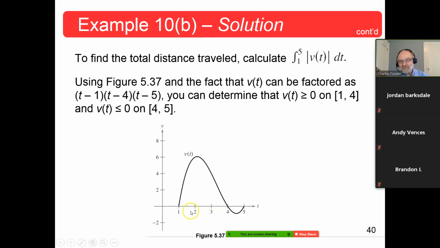Well, we want total distance traveled. So you went positive distance here, you went a negative distance there, but it's still a distance, okay? So what we do is take the integral of the absolute value of this, which of course will be its absolute value. Here you do the positive of that. You just flip this over the x-axis and integrate that part.